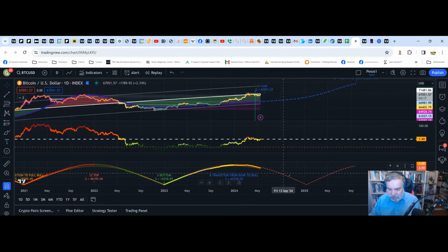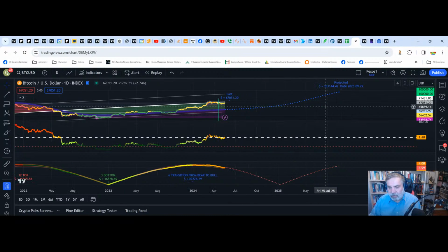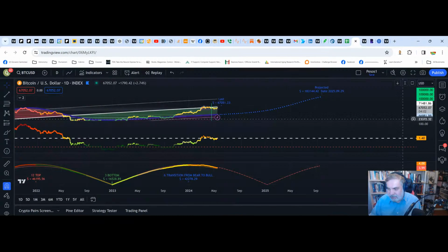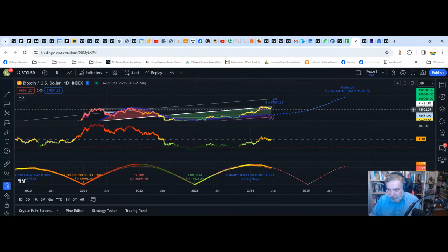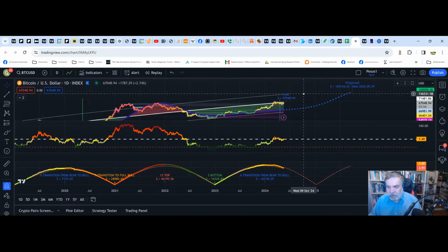So we can extend the clock in the future. We can extend this blue line in the future. The main problem with TradingView, though, unfortunately, is that we cannot extend it all the way. I would love to extend it all the way to the next cycle, in fact identifying the bottom. Maybe we can have a little table with this information. I'm going to improve it in this way. But